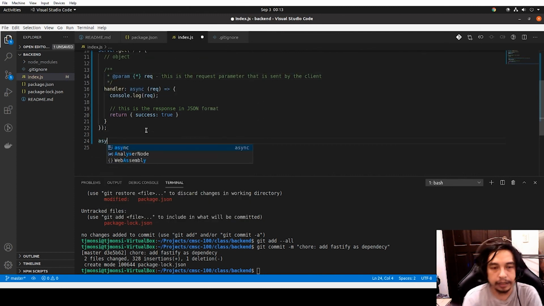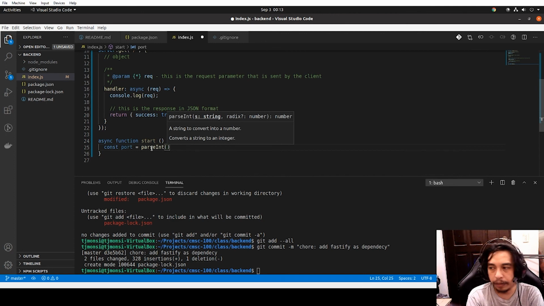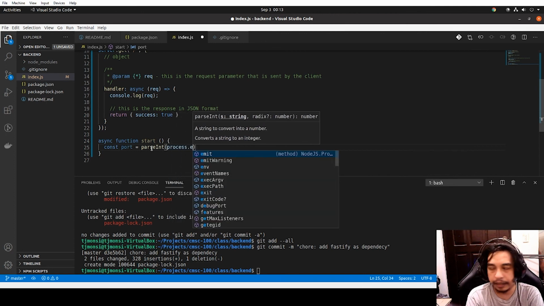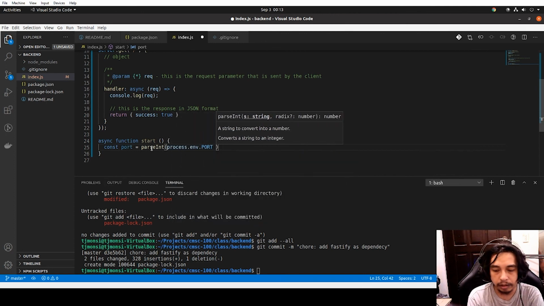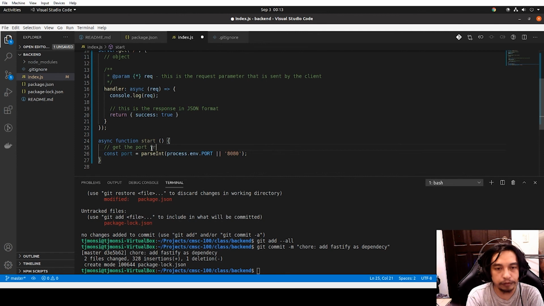And then we'll just add an async function start here, which for our purposes we want to set the port. So I'm using parseInt to process env port, the 8080. So I'm just going to say get the port from environment